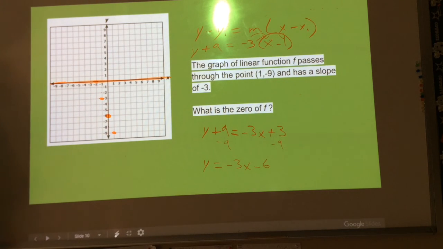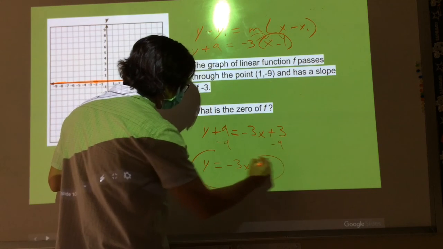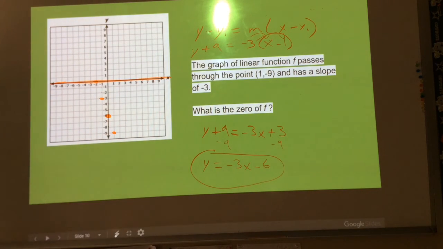Okay. I'm going to throw you a curveball here. This is just bonus material now that we've gone over this. Can anybody tell me, now that I have this equation, another way that I could find the x-intercept? We've talked about it, but it was probably just in passing. Anybody tell me how I could find the x-intercept? What do you think, Colin? Divide -3x and divide